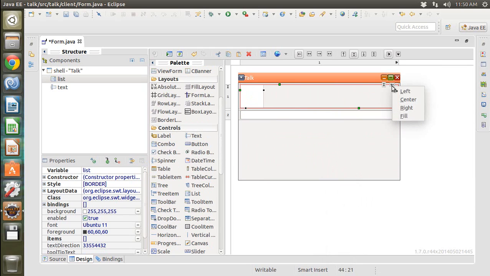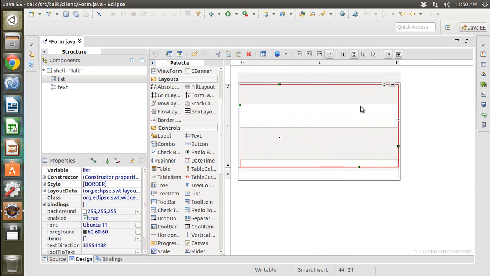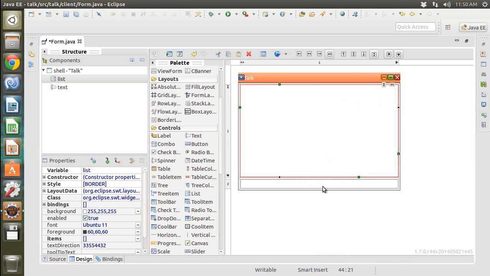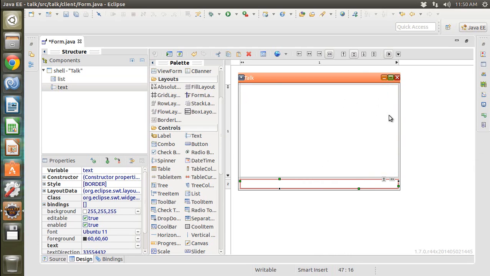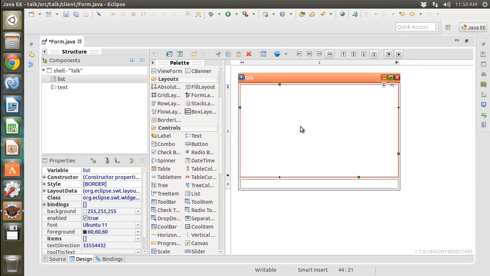I'll just say that it has to fill the space, and then I'll grab the vertical space, and then I will have to go in here and say that it has to fill also the vertical space. This would arrange accordingly to the corresponding item above, and so it is filling the space and it's grabbing the horizontal space as well. So my list